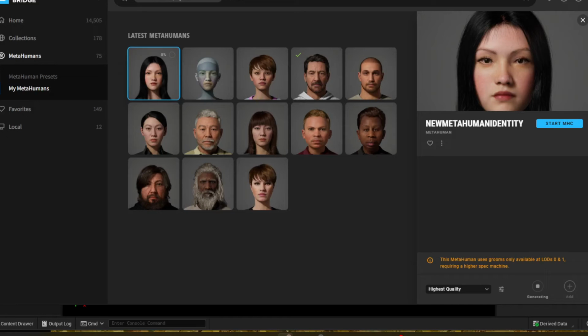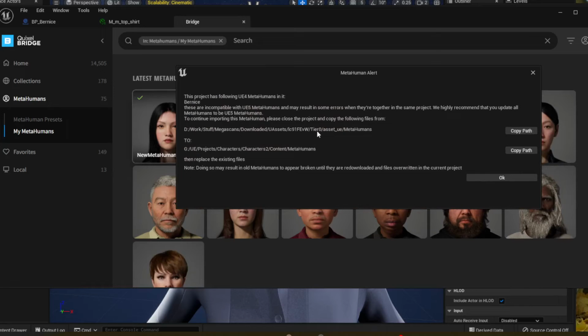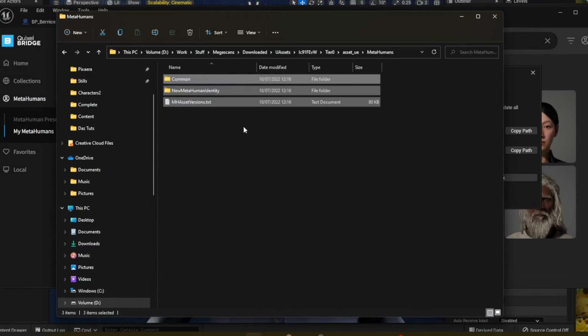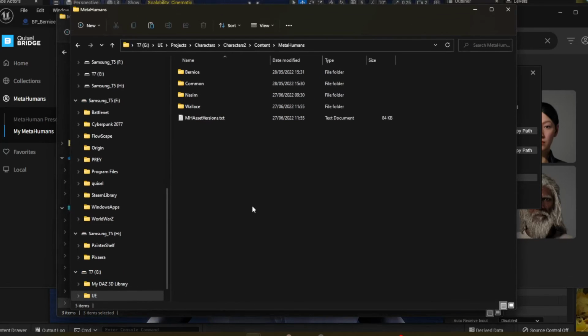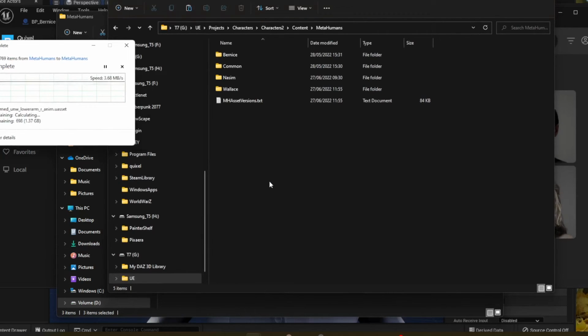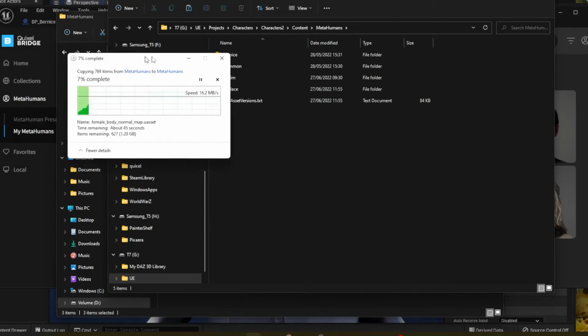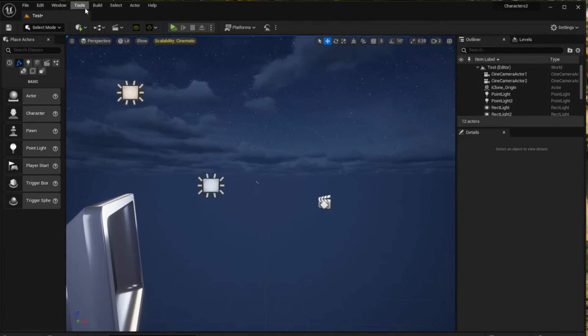The one thing is, you can't just add it to Unreal 5. Something's wrong with it. Anyway, an easy way of doing that is when you try to add your MetaHuman into Unreal Engine, there's a blue little arrow, and it'll give you a path to copy from and a path to paste it to. There, copy path for both. Open up both. Copy everything in there, and then in your path to paste, just paste everything in there. That's all you got to do. Copy from one, the one they give you, paste to the other they give you. That's all you got to do. Make sure Unreal Engine's closed when you do this, and then open up Unreal,